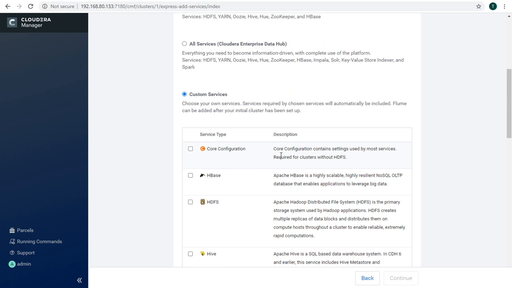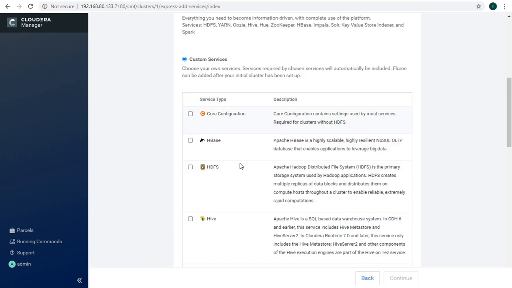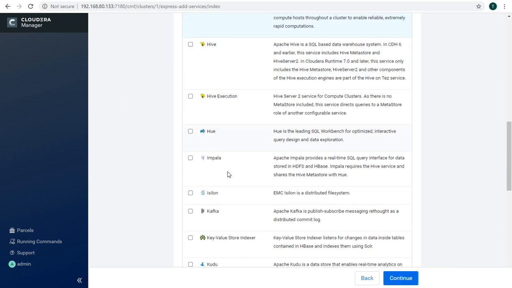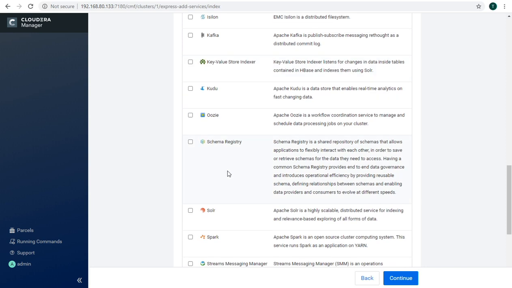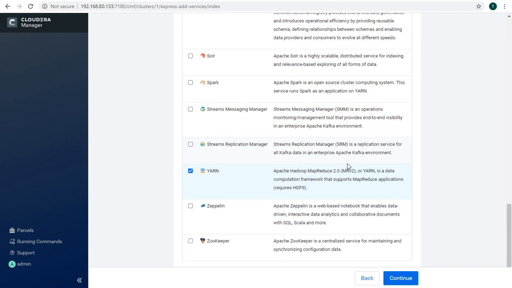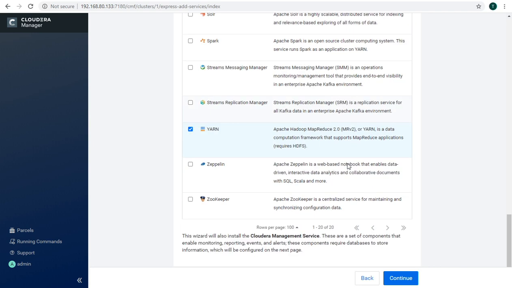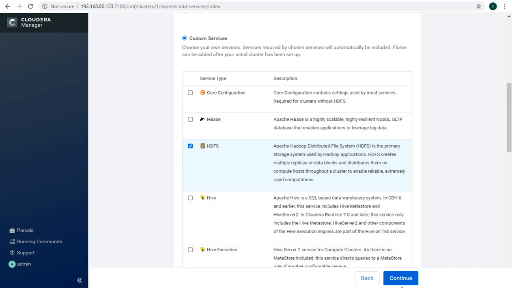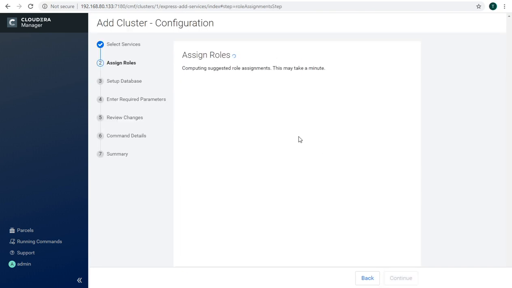Core services will be core configuration containing settings used by most services. We will use HDFS and only Yarn here. Okay, let's start with this first, and then we'll add more services later.